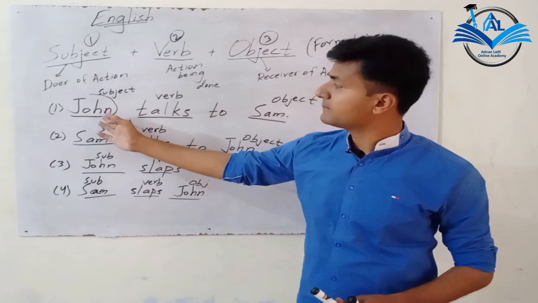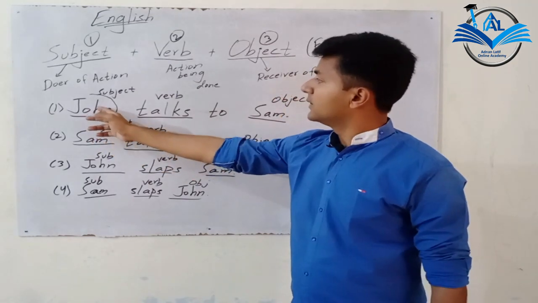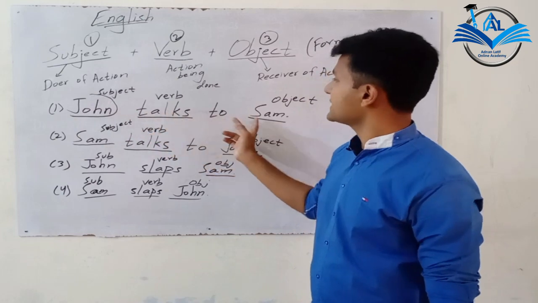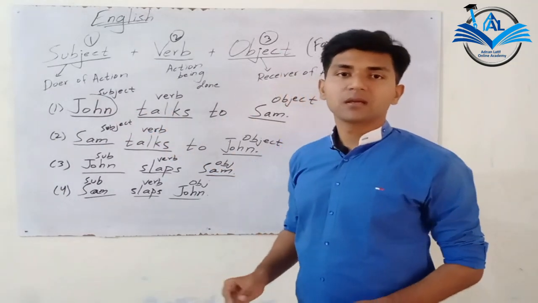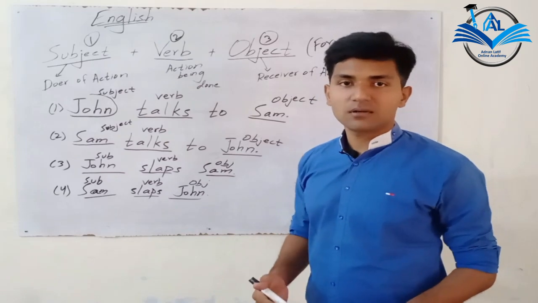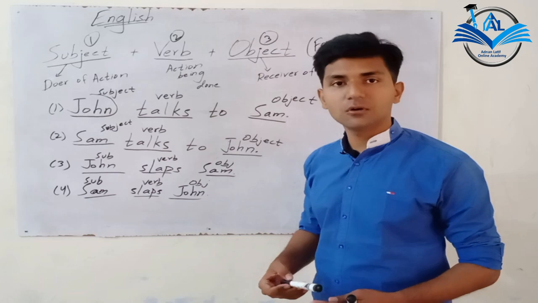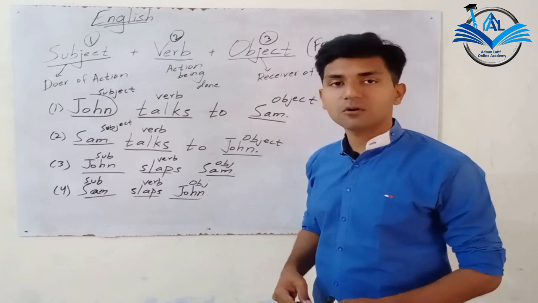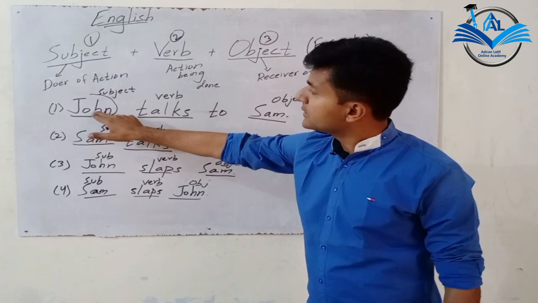So we have an example written on the board. So look at this example. John talks to Sam. Here we have two persons who are sitting. First person is John and second person is Sam. So they are two friends. John talks to Sam and Sam talks to John. So here look at the board that